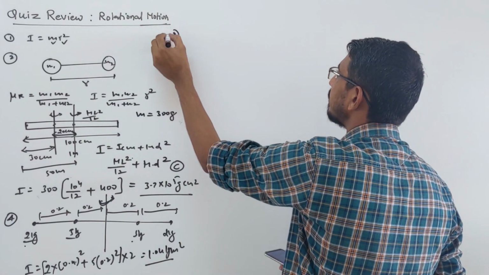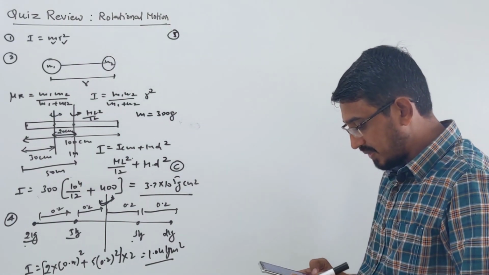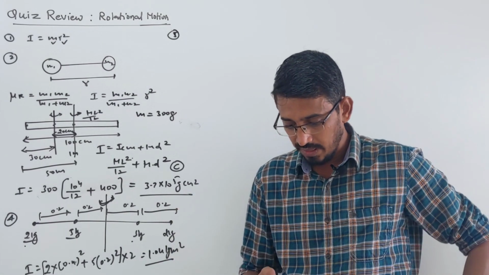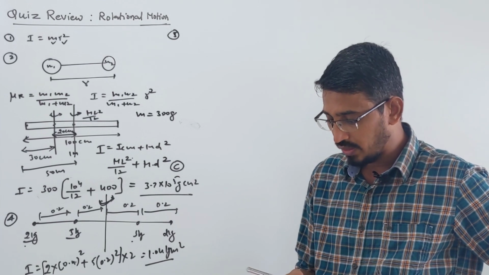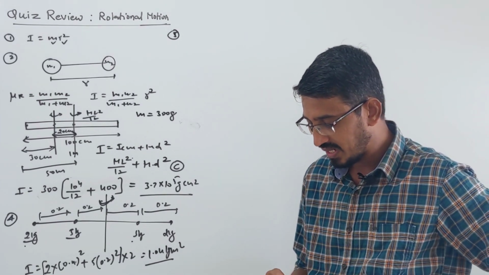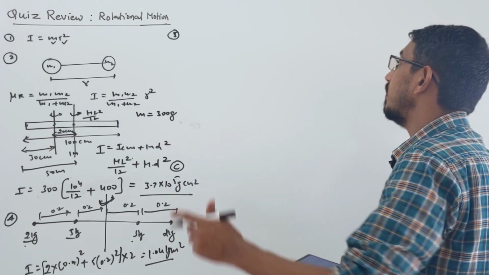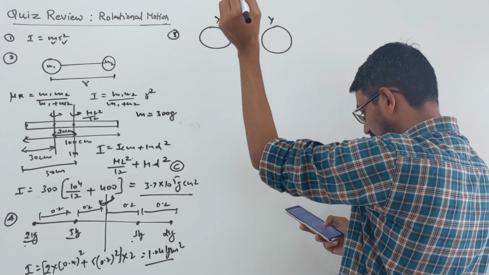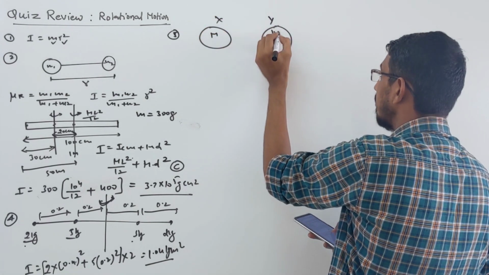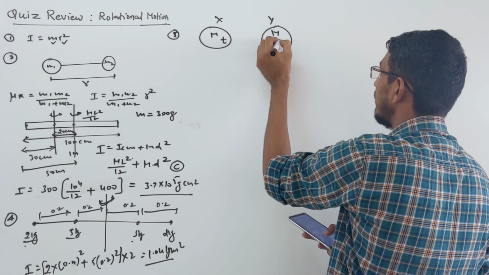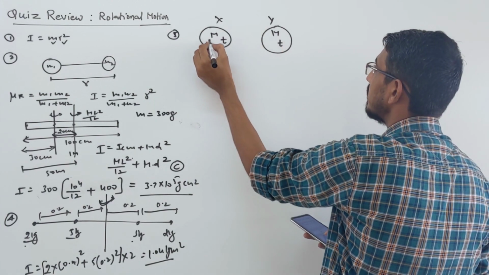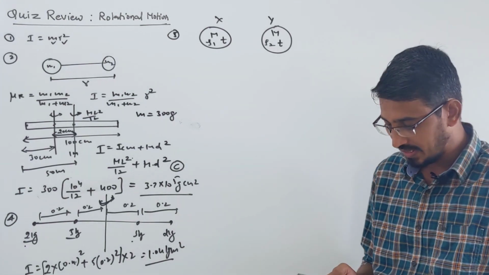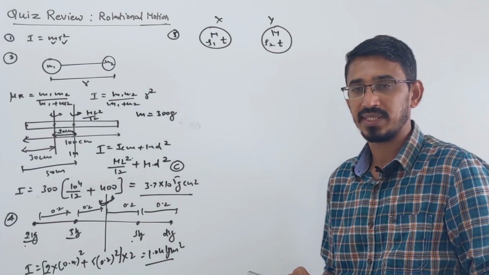Question number 5, it says that 2 discs have the same mass and same thickness, okay. 2 discs are given which having same mass, same thickness, their materials are of density rho 1 and rho 2, the ratio of their moment of inertia about central axis will be what? First thing, 2 discs are given to you, let's say some name x and y disc, and what is given? Mass are given equal, m and thickness also given, says thickness t, and what is given different is density, rho 1 and rho 2 is given. They are asking what's the ratio of the inertia of these 2 discs about axis passing through the central axis, right.